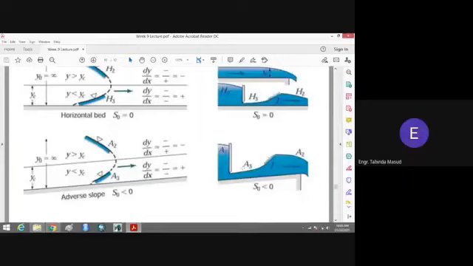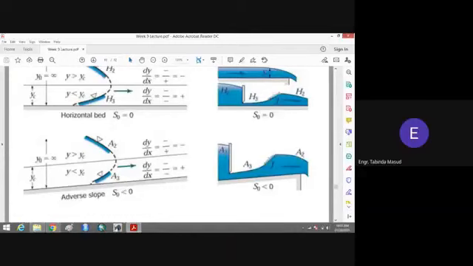adverse slope in the open channel. If you have the adverse slope in the open channel, and you have a sluice gate on that channel, you will get a 2 curve, then you will get a 3 curve, and after hydraulic jump the flow will again become a 2. There is no normal flow on the adverse slope. Okay, so these are all the examples of the water surface profiles in gradually varied flow,